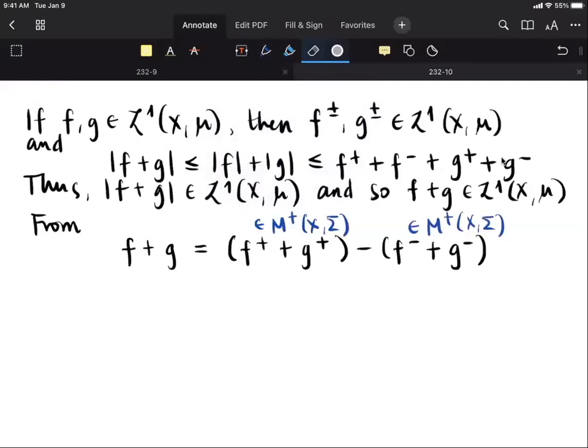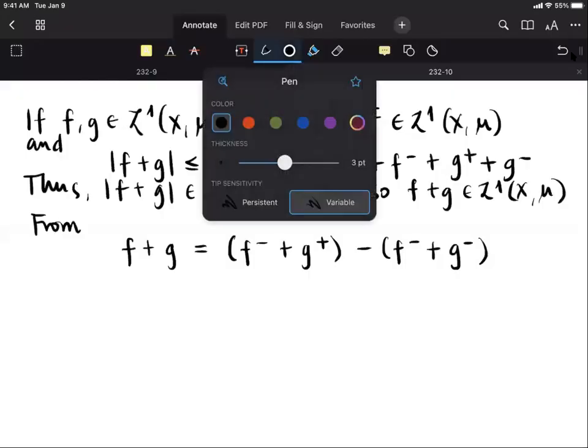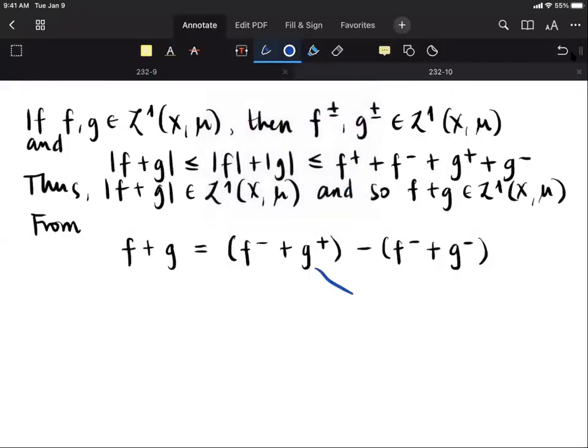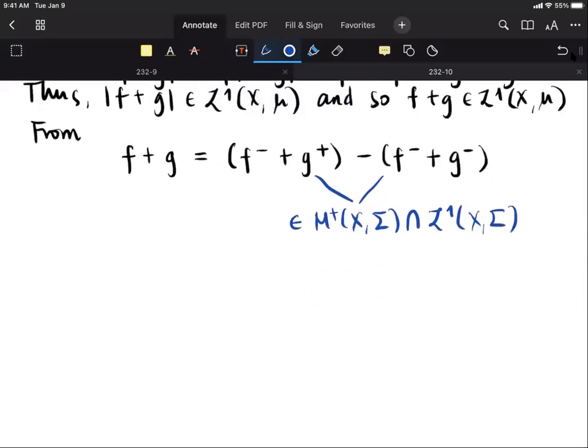So these two are non-negative measurable and integrable. And we know that, of course, we can use this to compute the Lebesgue integral of the sum, due to the independence stated a while ago. So this should be